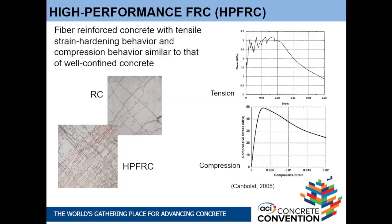Now, one advantage of this hardening response, besides the increase in tensile stress and strain capacity, is that it leads to multiple cracking, compared to fiber reinforced concrete without bars, where you're going to have a single crack. With reinforcing bars, of course, because of the interaction between the bars and concrete, you have multiple cracking. But comparing a reinforced concrete member with a high-performance fiber concrete member, you can see that you get a much denser distribution, or network, of cracks, which means that you distribute the deformations more evenly,